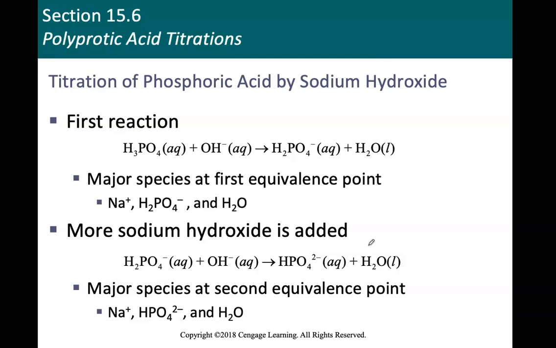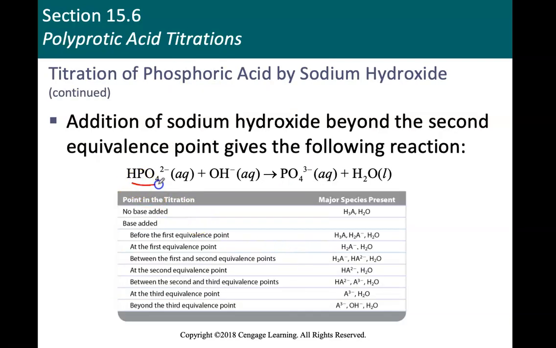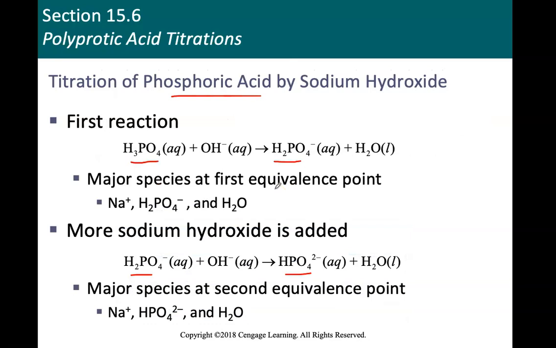All right, so now let's just finish up with the titration of polyprotic acid. And the example there is phosphoric acid. Phosphoric acid is a triprotic acid. So the first reaction of that will dissociate to give you H2PO4 minus, and after H2PO4 minus, it'll dissociate to form HPO4 2 minus, and then further to form PO4 3 minus. So you have those three different sets of equilibrium, and that is